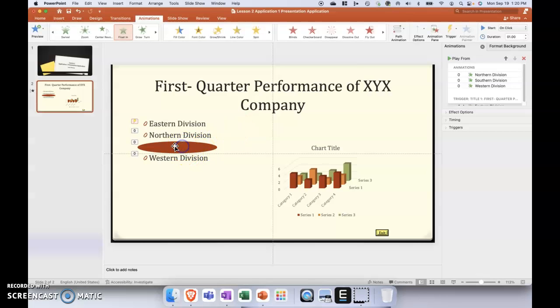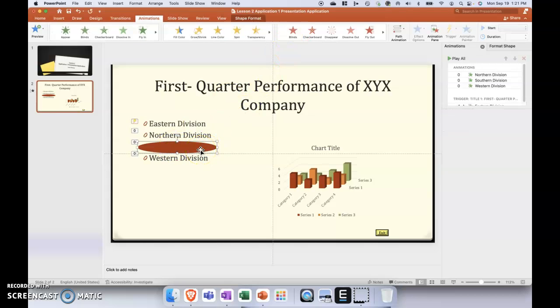So I made one of the ovals a different color so that I could see it, and I noticed that you've got some animations happening in here, which is good. And this one I've kind of messed up a little bit, but anyway. So let's say this is the one for Eastern, Northern, Southern. Okay, Southern Division. So I want to make sure I just know what this oval is, so I get the